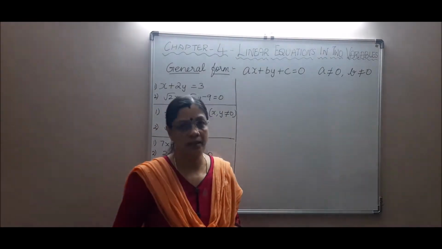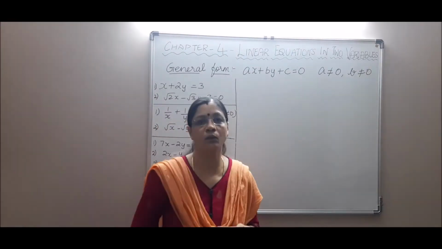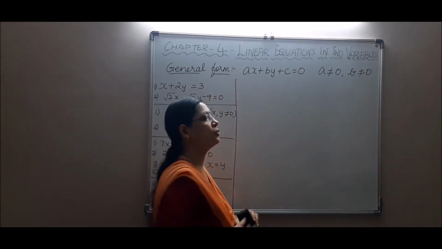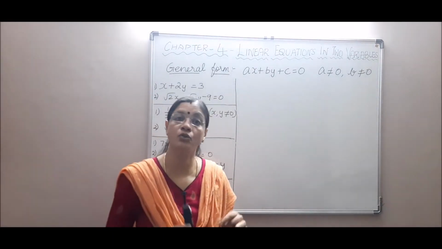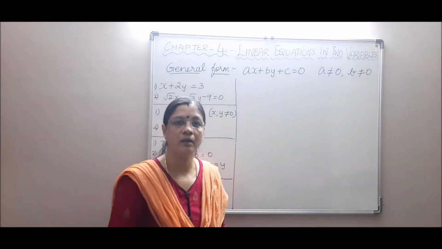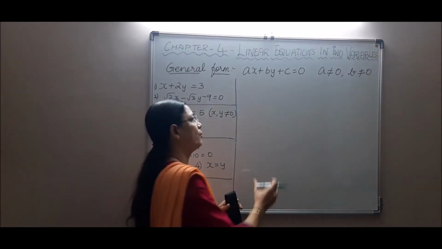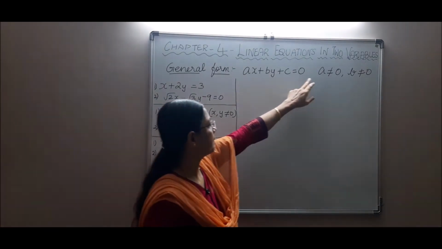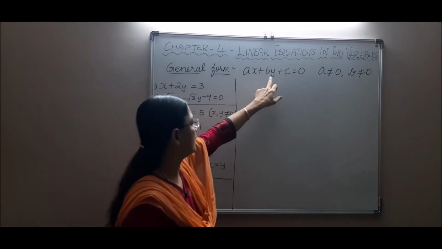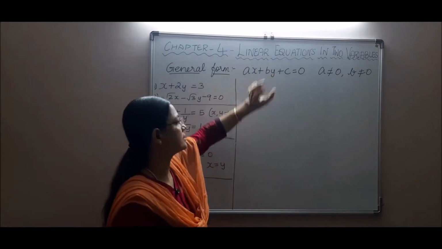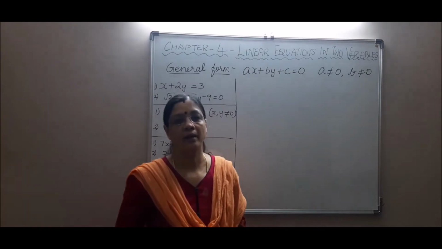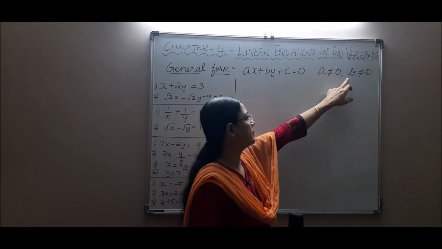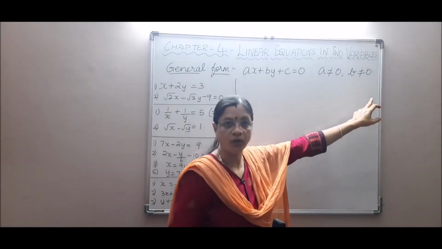Earlier we have studied that equations in single variable has a single solution, isn't it? So now we are going to look into linear equations in two variables, and we will be studying how it behaves or what are the characteristics of linear equations in two variables. So what happens when b is 0? This term vanishes and this becomes ax plus c, and this becomes a linear equation in single variable. So we don't want a to become 0 and b to become 0. So they are not equal to 0.